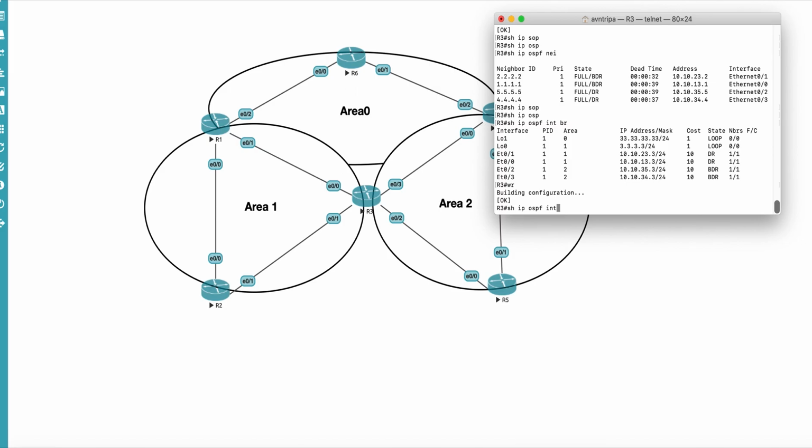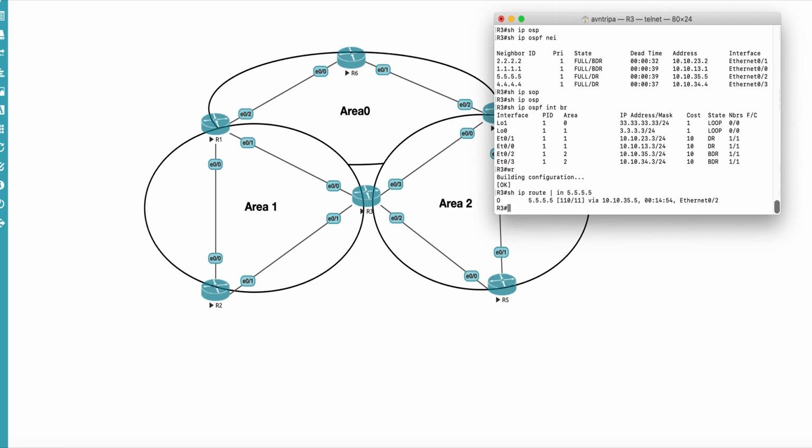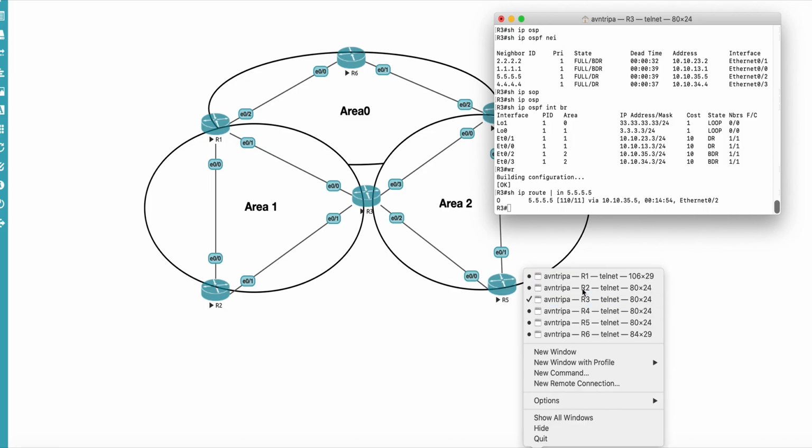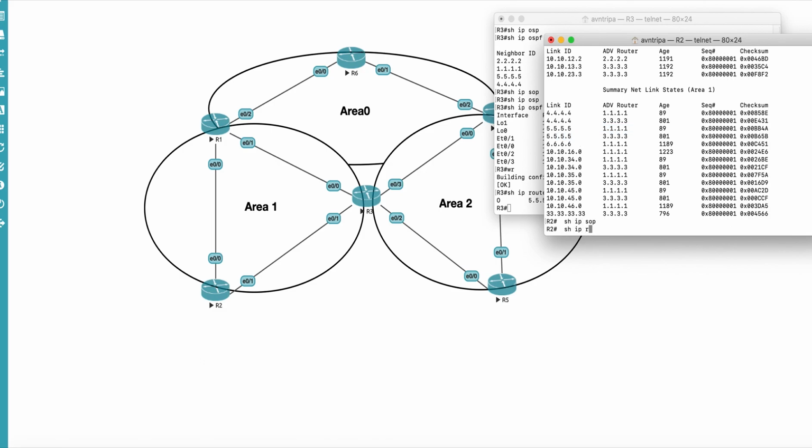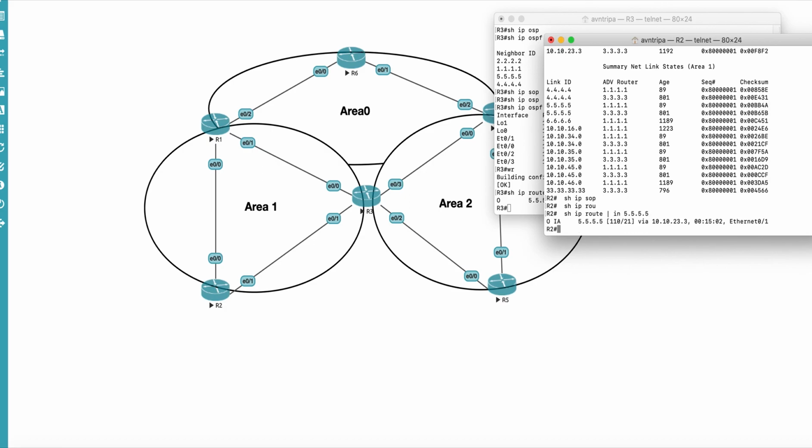So if you check show IP route, now this is R3, so let's check it on R2. So now it is learning the route to R5 using R3.